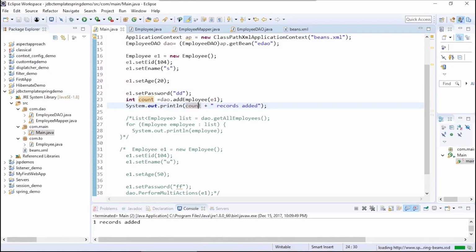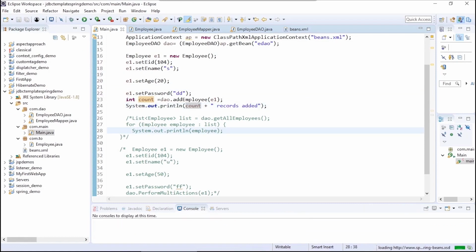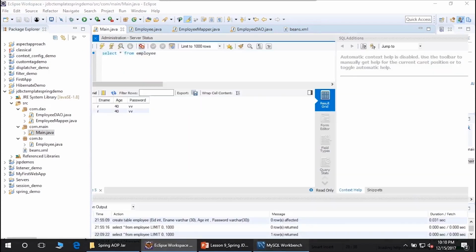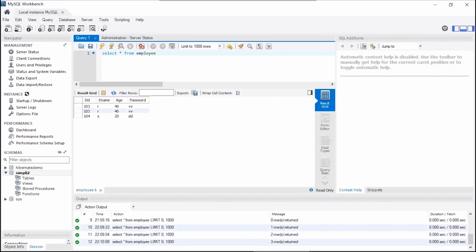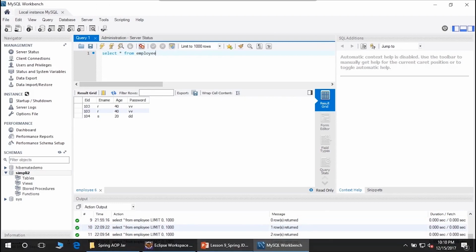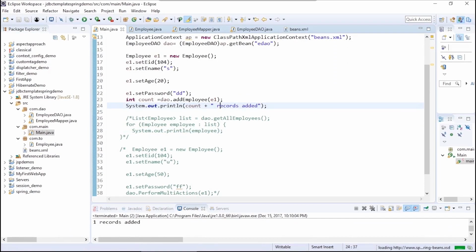We did not save this, and hence you saw the same ID. So let me run it once more after saving and execute, and you see the 104 record that we added has now got updated in the database. Now let us retrieve all the employees using the second statement that we have, or the function that we have.